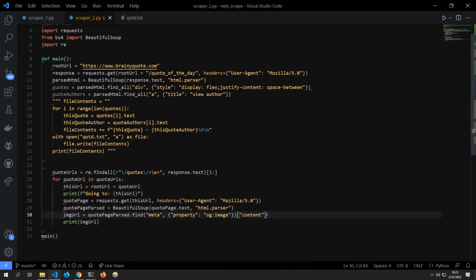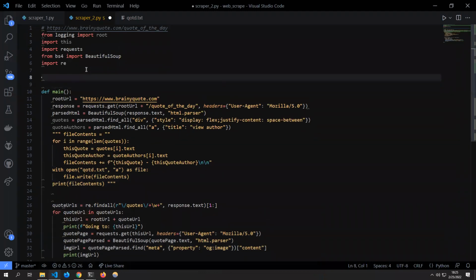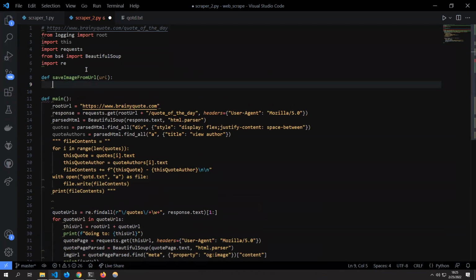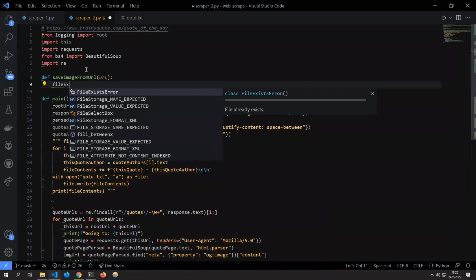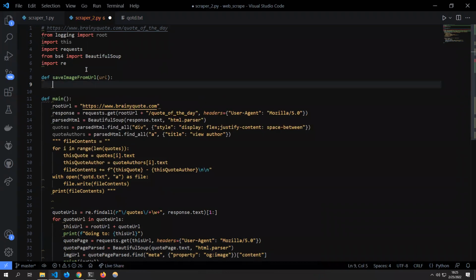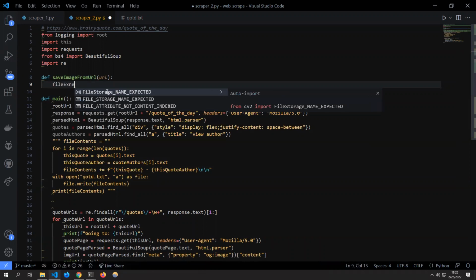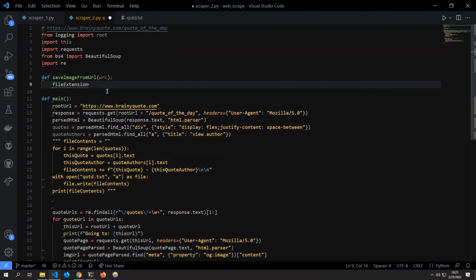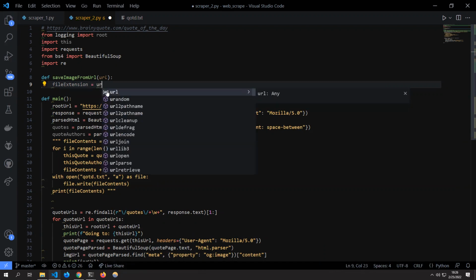That's it. So what I'm going to do now is create a function called save image from URL. And this will just have one parameter of URL. What this function is going to do is save the image from the URL locally to our computer. So I'm going to create a variable called file extension. This will be like the file name, I guess. It'll be equal to URL dot split